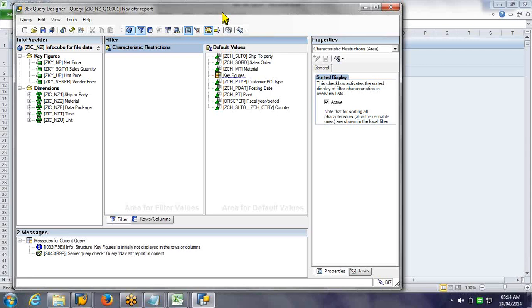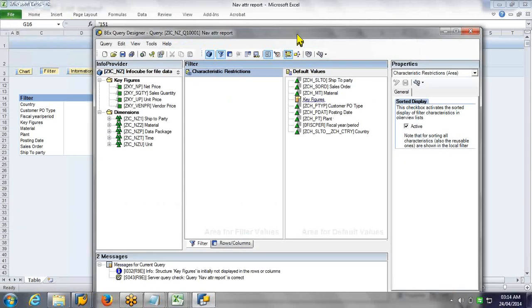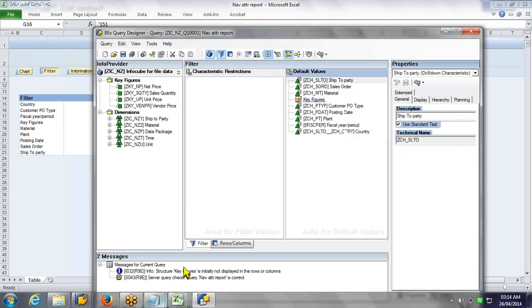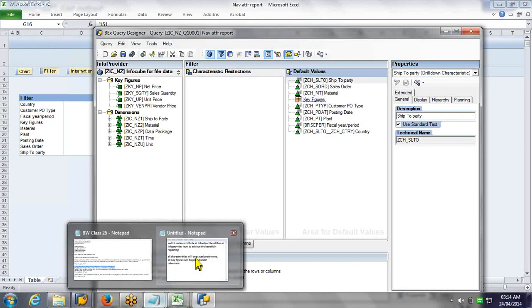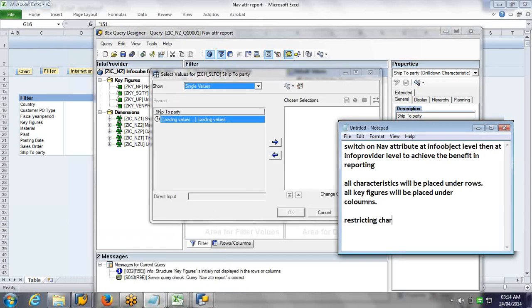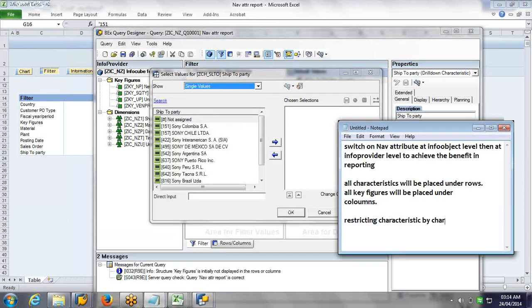What I can do is right click on ship to party, restrict. Filtering is nothing but restricting. Here I am restricting a characteristic by a characteristic. This difference you have to remember. This is called filtering.